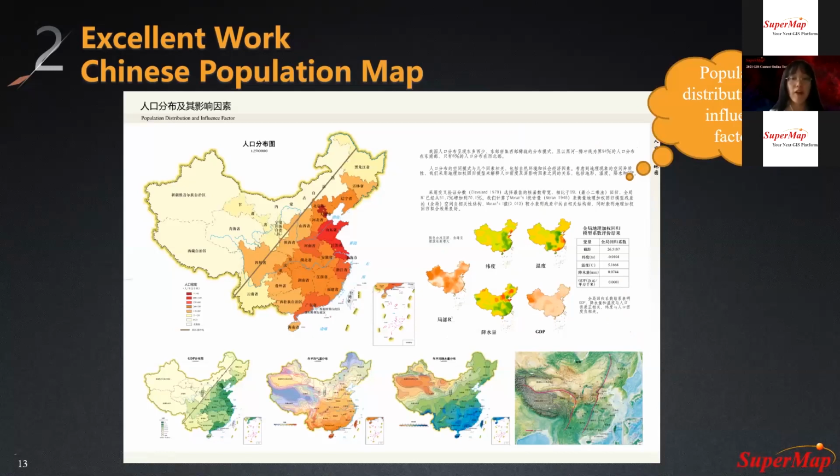And those factors are geography, economic and social influences.